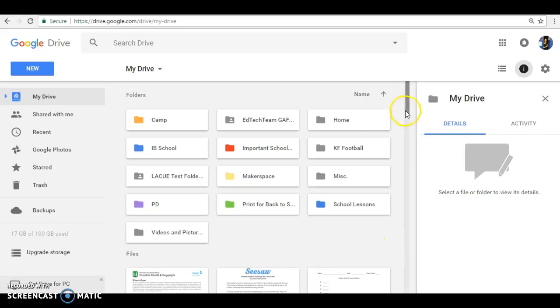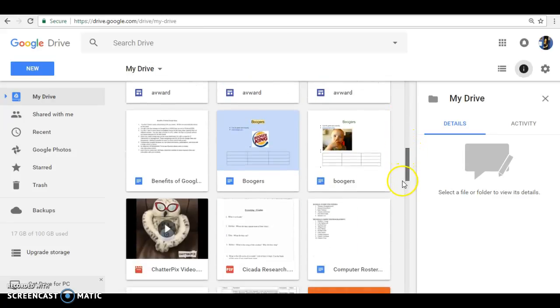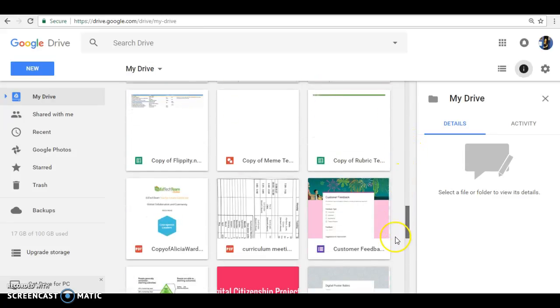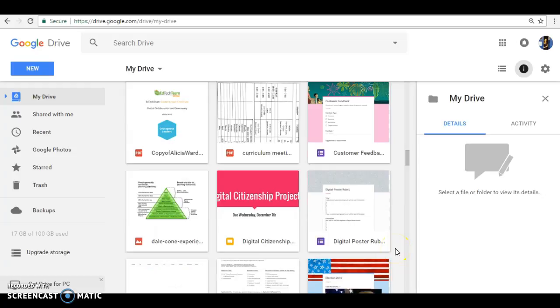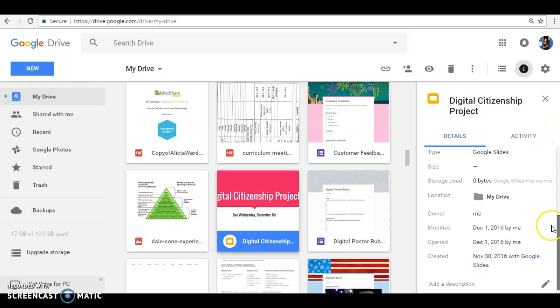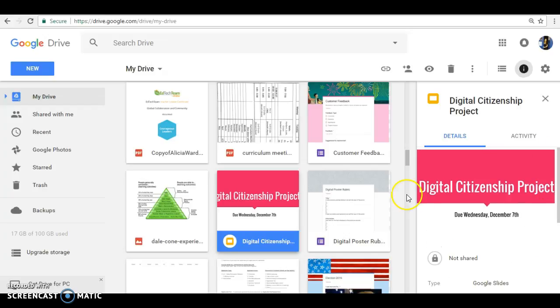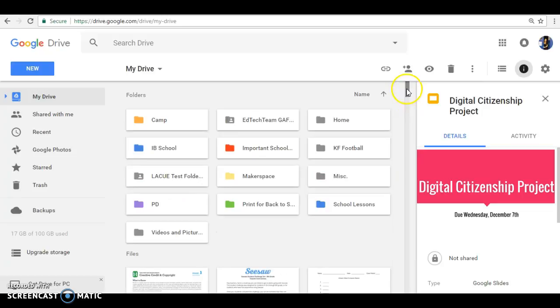So when I go down here, if I click on, let's see, okay, so I click on this, it'll give me the details. It'll tell me how large the file is. It will also tell me who it was modified by, who owns this document. So going back up to the top here,